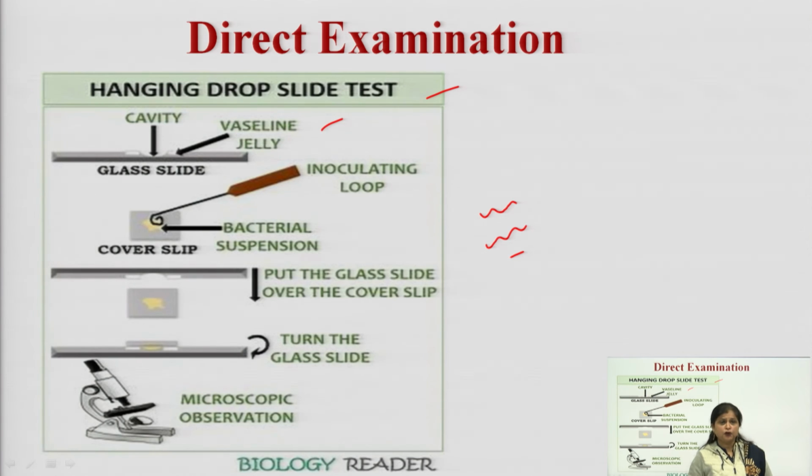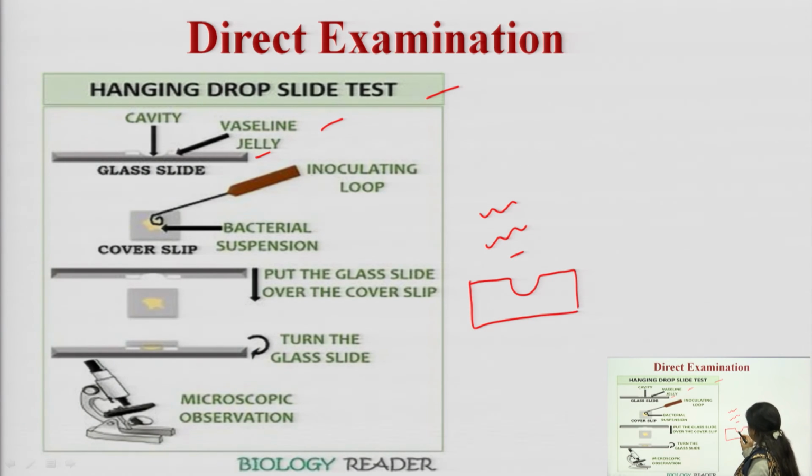Now what we are going to do under the hanging drop technique is that you need a slide. This is a special hanging drop slide which is made like this. This glass slide has a cavity. The normal slides we have in the lab have a plain surface, but in this type of glass slide you have a cavity within the slide, in which you can put your drop of sample. So in the cavity we will put the drop of sample.